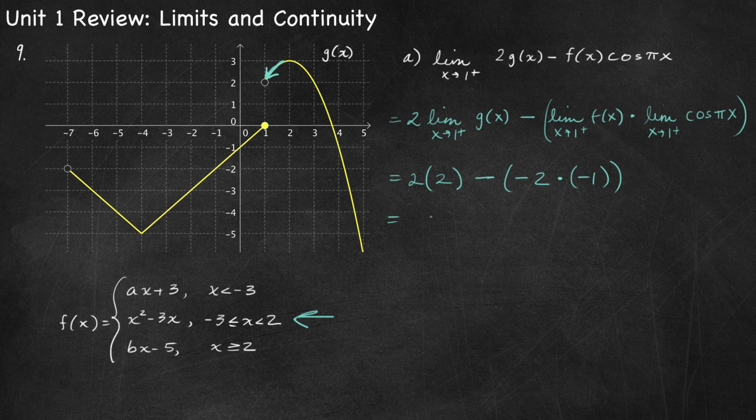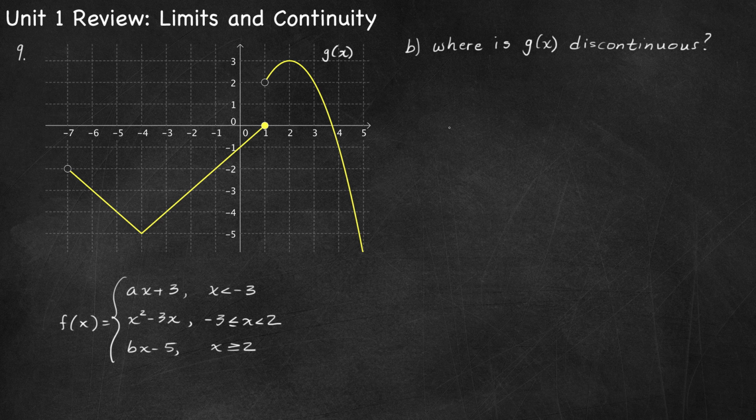And then we simplify. 2 times 2 is 4 minus negative 2 times negative 1 is positive 2. 4 minus 2 is 2. Part B, you're asked to give one value of x where the function g is discontinuous. So you might say at x equals 1, and then use the three-part definition of continuity to explain why the